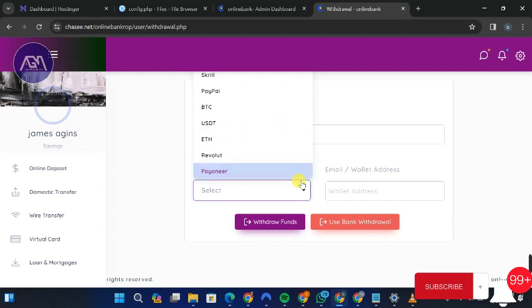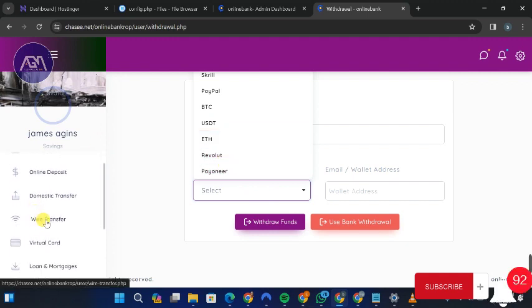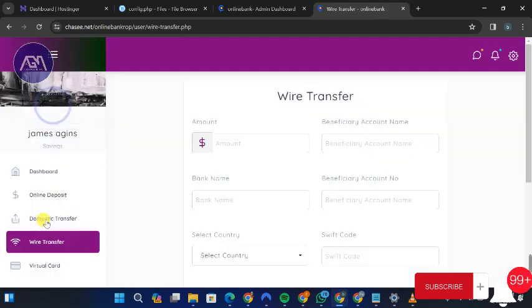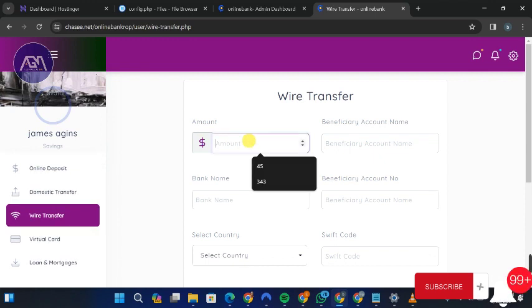But these other ones do not have restrictions. What happens to them is, when the user places a withdrawal, it just simply says on the dashboard that this particular transaction is pending unless the admin changes the status of the transaction, either he approves it or disapproves it, or whichever the case may be. But now, if the user comes and selects this wire transfer, what happens is the user would be able to,